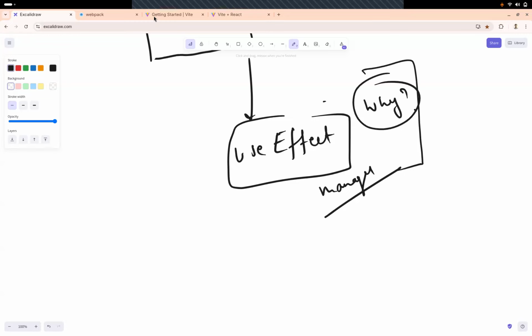Okay. Fetching happens, is it in the update phase, mount phase or unmount phase? It happens based on what you want. So it can happen on the mount phase as well as on the update phase. We'll discuss that shortly. Okay. Let's go, everyone be back by 59 and we'll move on.